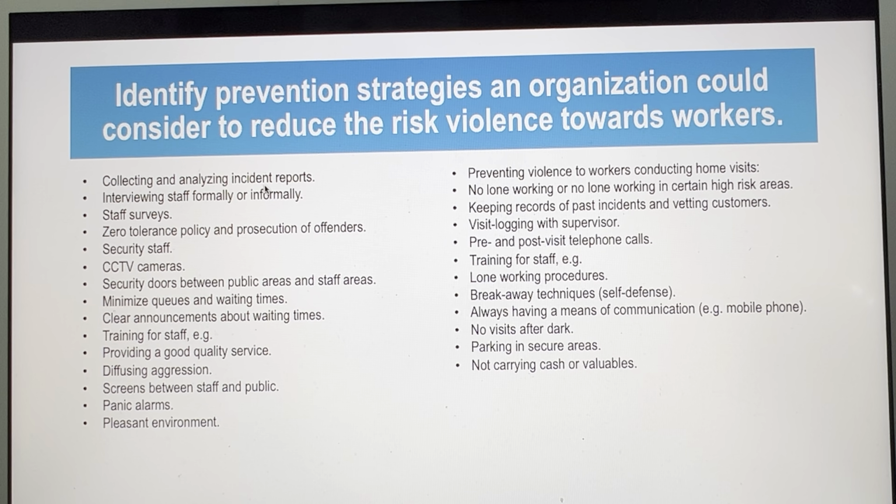So you have collecting and analyzing incident reports so that you can follow them, you can check the trend, interviewing staff formally or informally. Then you have staff surveys, zero tolerance policy, and prosecution of offenders, security, provision of security